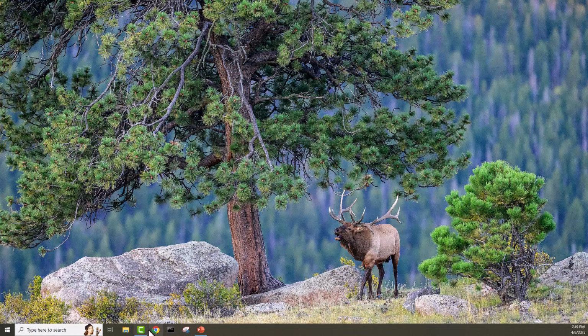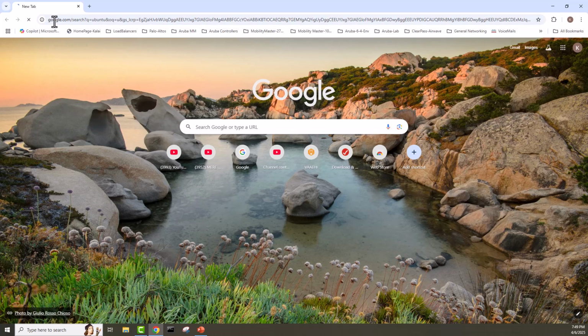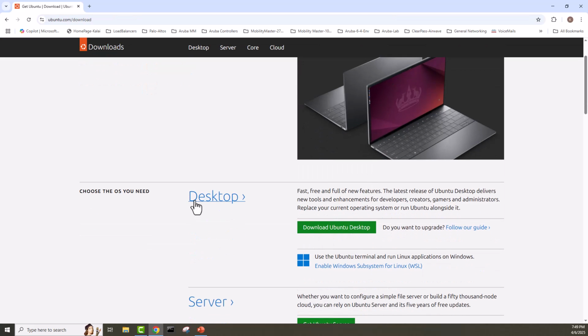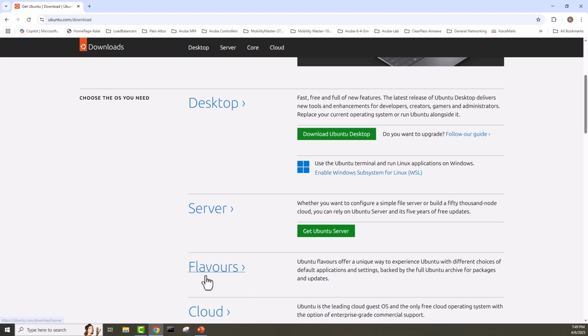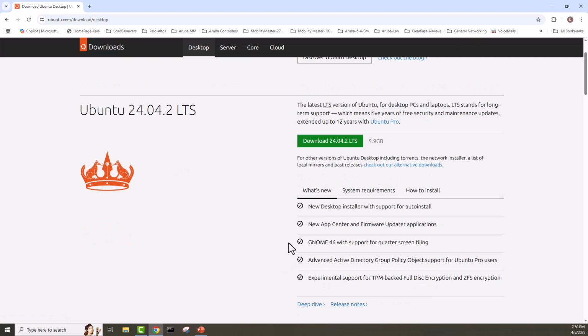First you need to download the software. Open up your popular browser and type in Ubuntu, and you will be directed to this page. Mostly the first link will be the official Ubuntu site. You can directly go to download, or you go to this site and then you can download from there. So I'm going to go directly to downloads, and you can see desktop, server and other versions there. I'm going to go to Ubuntu desktop, and you will be seeing download